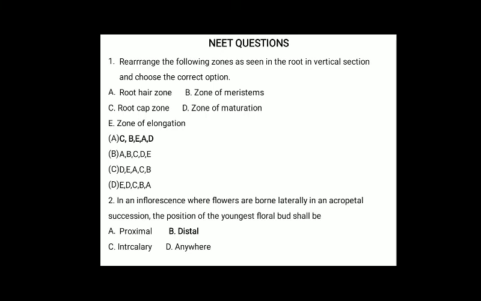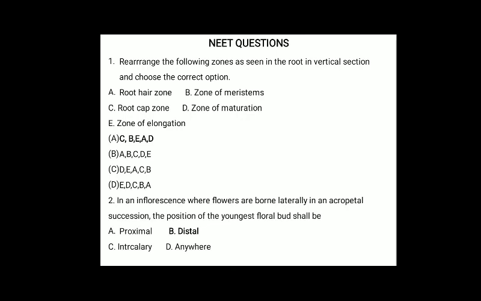First one is the root cap, which covers the root meristem. Then we have the growing point or meristematic zone, which produces new cells for the root cap or basal region of the root. Third one we have the region of elongation, in which cells are newly formed and lose the power of division. Fourth one is root hair, the zone which represents the zone of differentiation. Finally we have the region of mature cells.